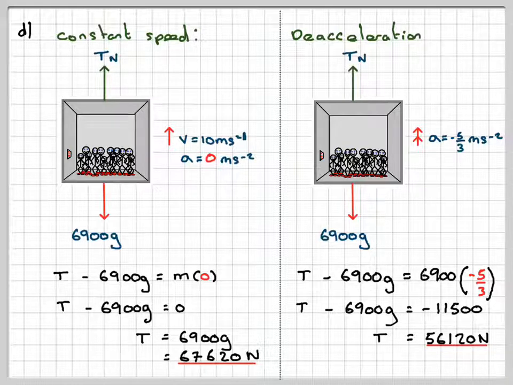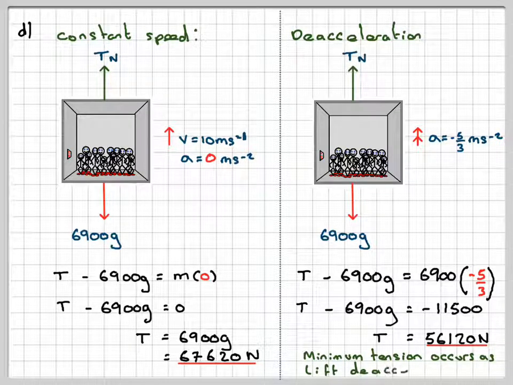56,120 newtons. Now we had 76,245 newtons at the beginning, with a constant velocity 67,620 newtons. Therefore, this one here is the minimum. Therefore, the minimum tension will occur as the lift decelerates. Okay, so if you're not sure in a question, you could very quickly work out each stage what the tension